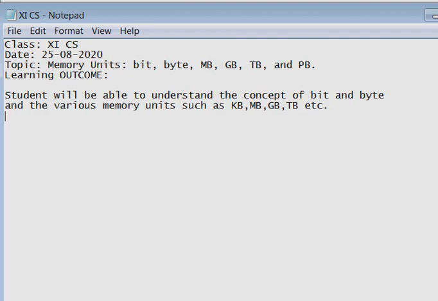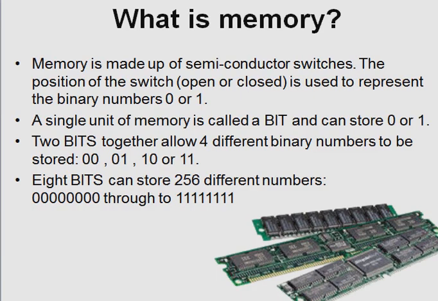With this video you will be able to understand what the memory is and what are the various kinds of memory units in computers. Now coming to what is memory. If you see the dictionary meaning of memory, it is something related to remembering something. Means if you are remembering some person, it means that person is in your memory. So this is the simple meaning of the word memory.